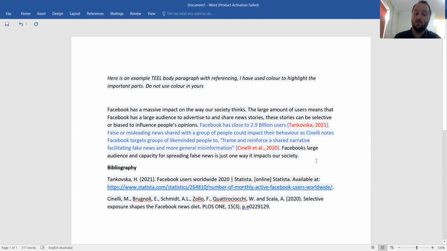And that's how you do a Harvard reference. Anytime you're quoting, you need to make it very clear and have quotation marks. You can use the same source more than once. I could be using these statistics multiple times in my essay. Each time I just have Tankovska 2021, but I only need to do the full reference once at the end.